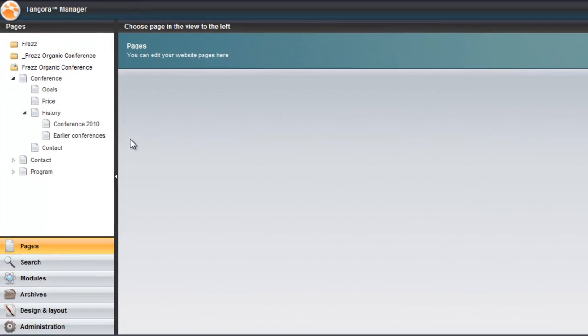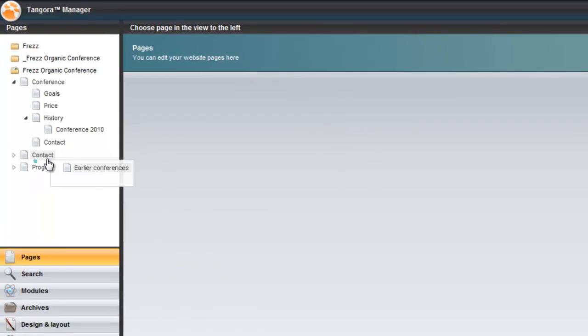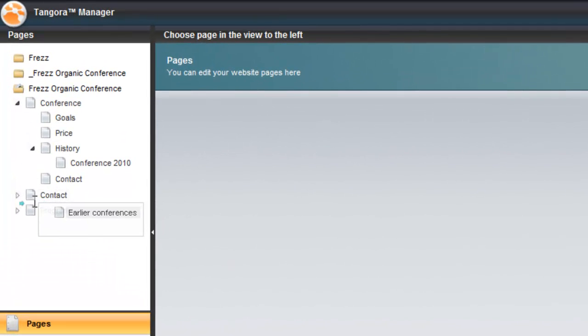So if I wanted to move a page, I just click on it, and then I drag it to where I want to position it, and then release my mouse to position the page, confirming the move in the alert box. You'll notice that when I move a page, a blue arrow appears, which helps me position just exactly where the page should go. If I'm about to move a page on the same level of my hierarchy, the arrow is horizontal. If I'm about to move my page as a subpage of another page, then the arrow points diagonally downwards.